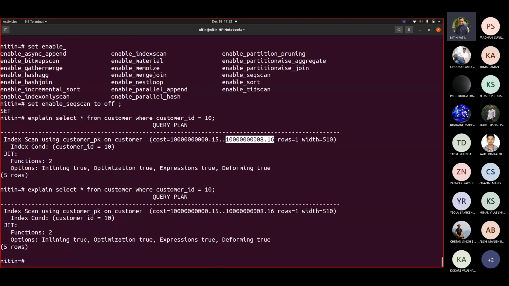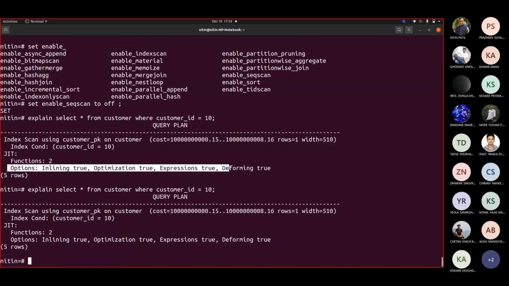Now it is showing because we earlier executed that query. Once you execute the query, later it will not require the same amount of time. But you can see this time, has it taken this much? Not sure. But when it doesn't have any option to show you, it shows you this. So when you switched it off with respect to index, it shows some options which we are not interested in.